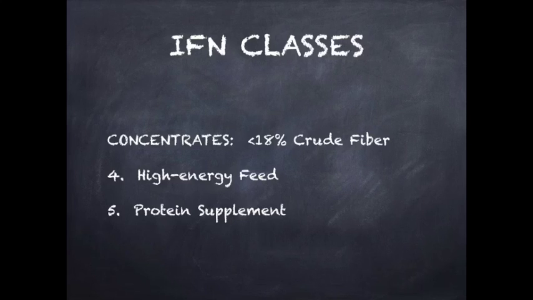The next 2 categories tend to be more about what we call concentrates. Concentrates are defined as feedstuffs that are less than 18% crude fiber. And so we have this magic line that defines roughages and concentrates, and that's the 18% crude fiber. So these feeds are not bulky. They're usually a little bit more dense, and they include the remaining categories for the most part, but specifically category 4, the high energy feeds, and category 5, the protein supplements. To give us some examples of what those feeds are,